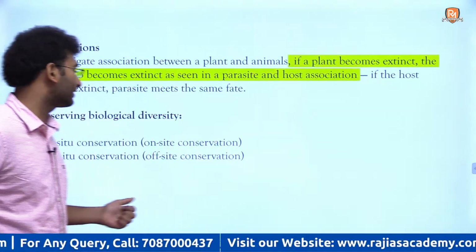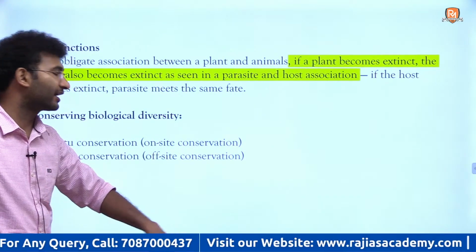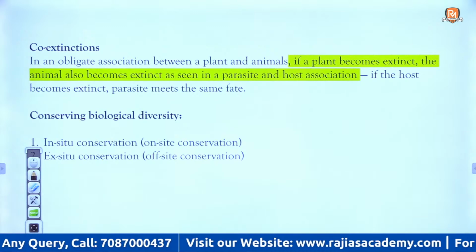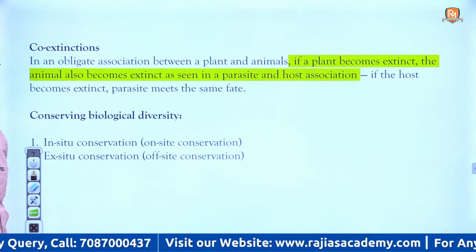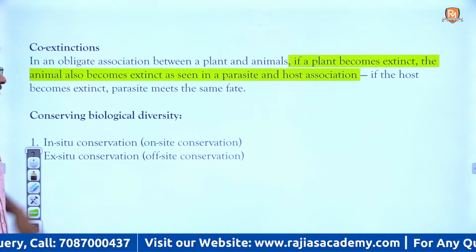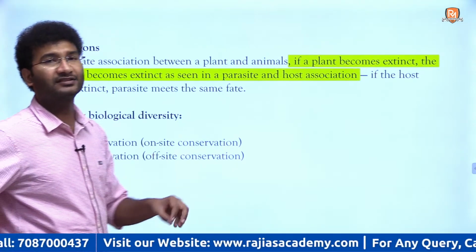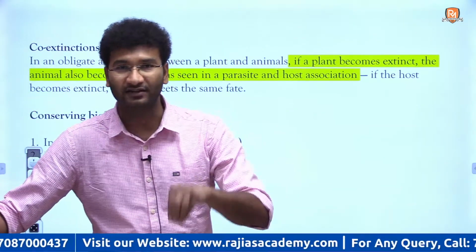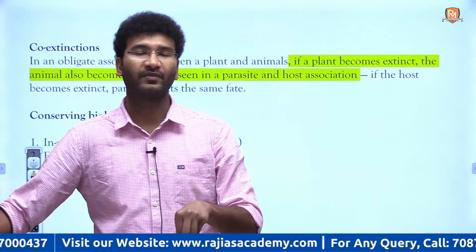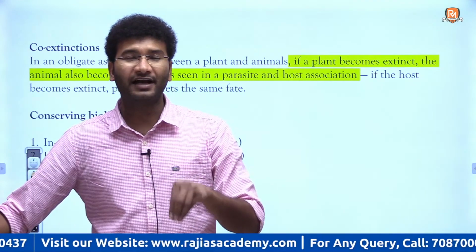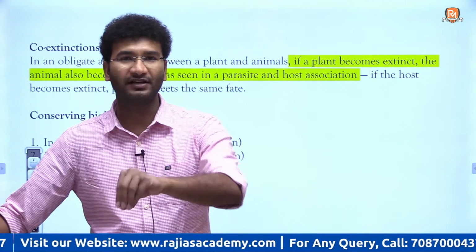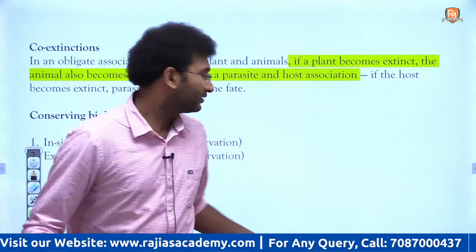In this context, let us try to understand the conservation types of methods which are used in biodiversity. Firstly, the methods that are used are in situ conservation and ex situ conservation. In situ conservation means conservation on the site itself, then and there. That means in the natural habitat you are going to conserve that particular site, and the other is